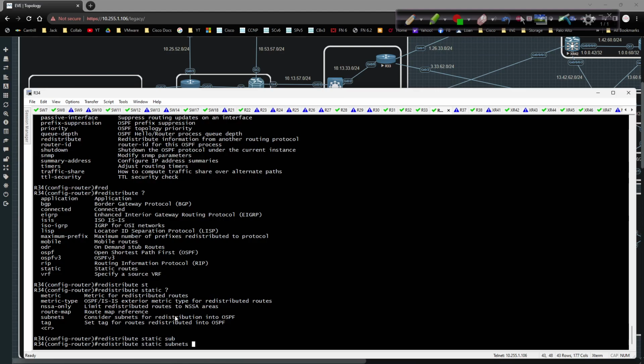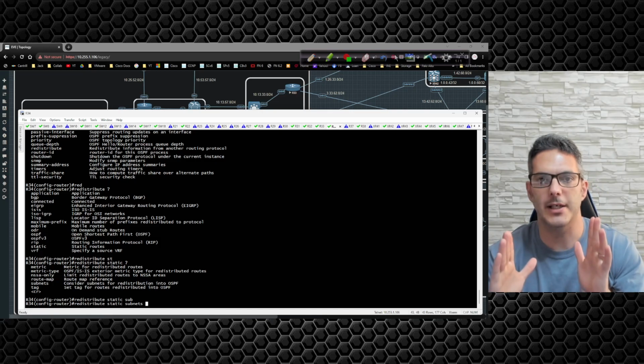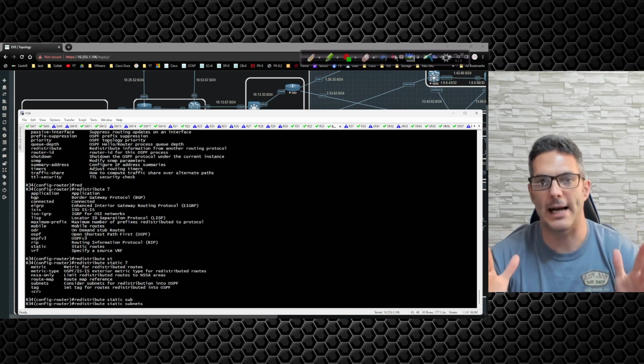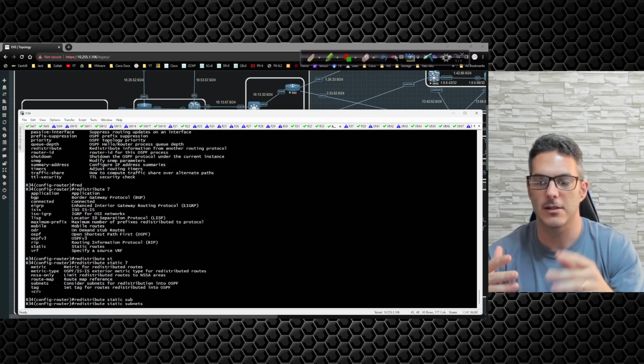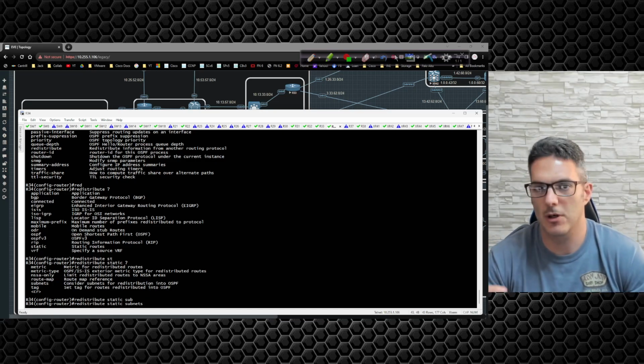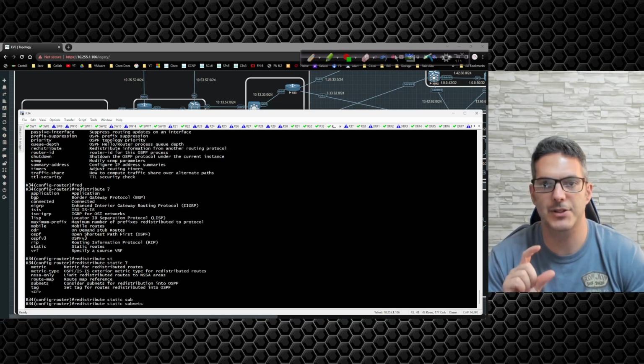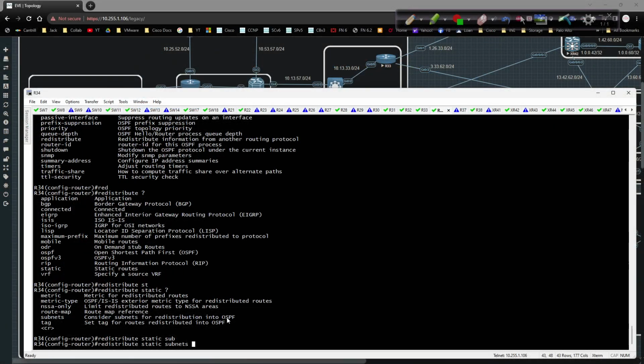which is considered subnets for redistribution into OSPF, that simply means that we're going to include the classful mask. So if you've got like a 10/22 or a 172/21, something like that, you're going to take into consideration the mask as well. So if I type this in and I hit the enter key,